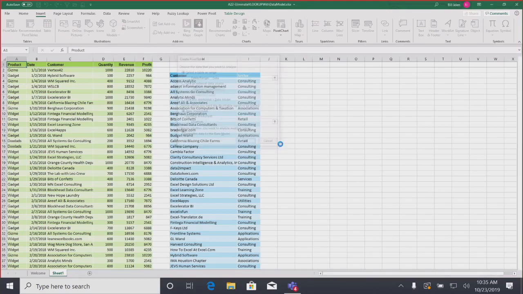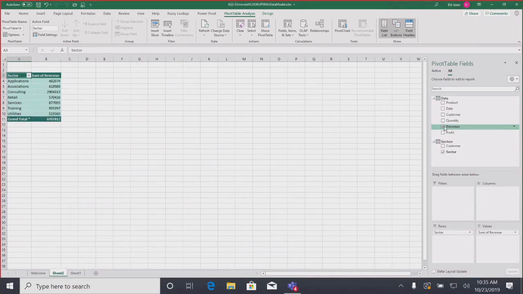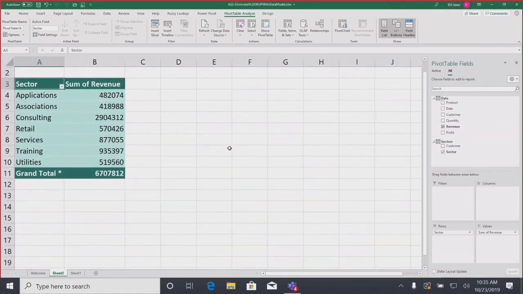All right, choose OK. And one little subtle difference here, above the field names, I have the table name, data. And even more subtle, at the top is another tab called all. And all will now give me all of the fields or all of the tables on all of the sheets. So if I want to see sector and then revenue, check that out. Look what just happened. It took the data from sheet 1 and the data from sheet 2 in memory. It merged those and gave me my report.